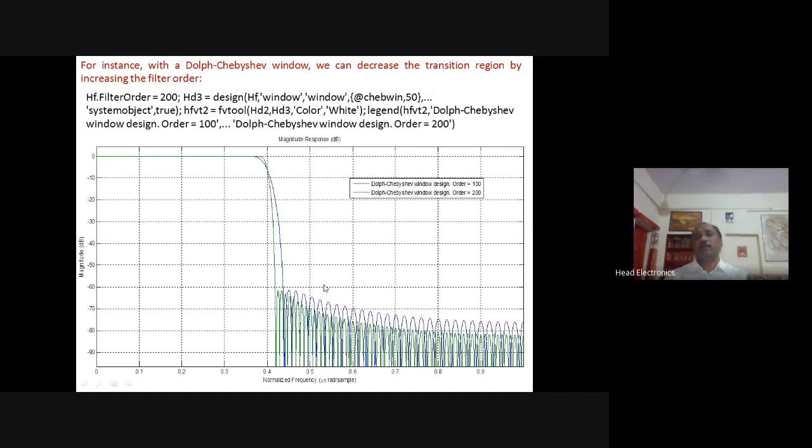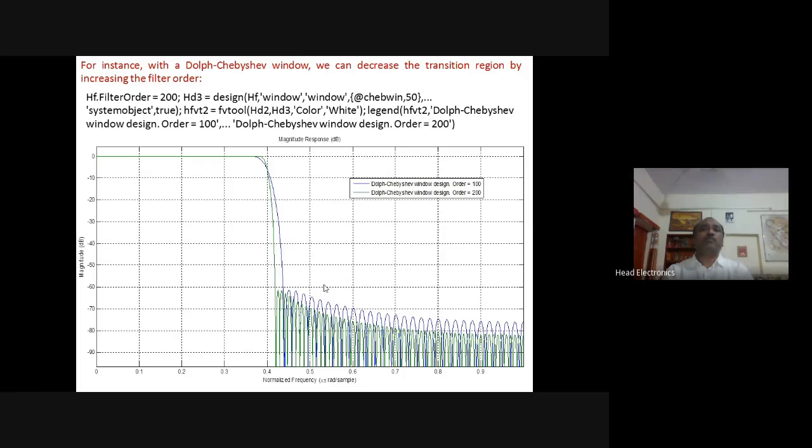Now if we see the ideal filter, what is the transition band in the ideal filter? The transition band is 0. The transition band is nothing but the gap between the stop band frequency and the pass band frequency. So if we discuss the low pass filter in the ideal case, then the transition band must be 0 here, and ripples in the pass band must be 0, as well as in the stop band also.